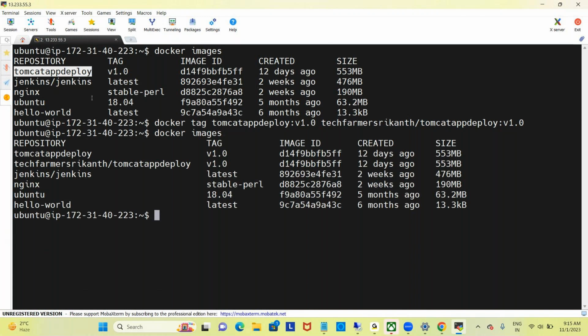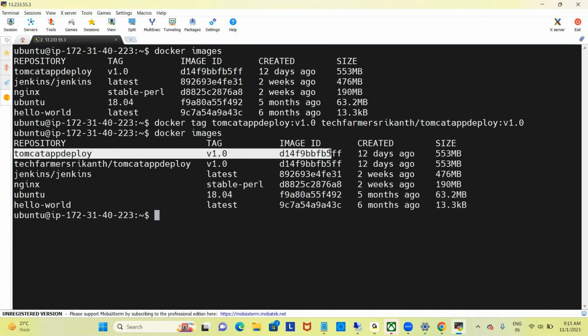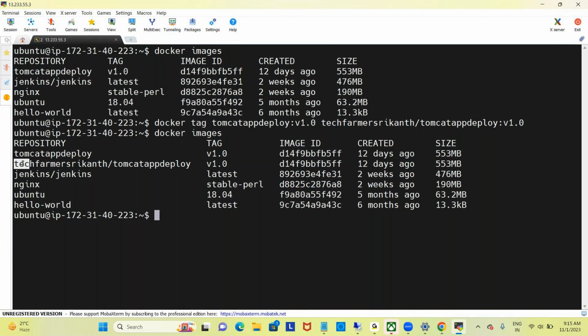So if you observe what is happening, the previous image will be existing in the server. On the same image we have created one more, just renamed with a new name, and the renaming has created a new image. See, if you observe here, tech farmer Srikanth and Tomcat, same image, but the naming is different. So why we are doing this is because we are going to push this image to this account. Okay, so Docker Hub will find this, because in Docker Hub we will be having many